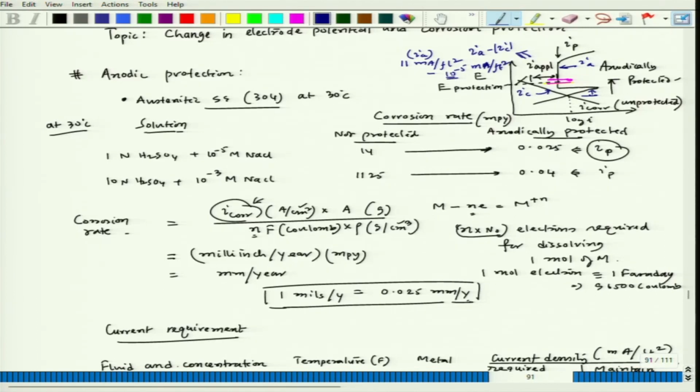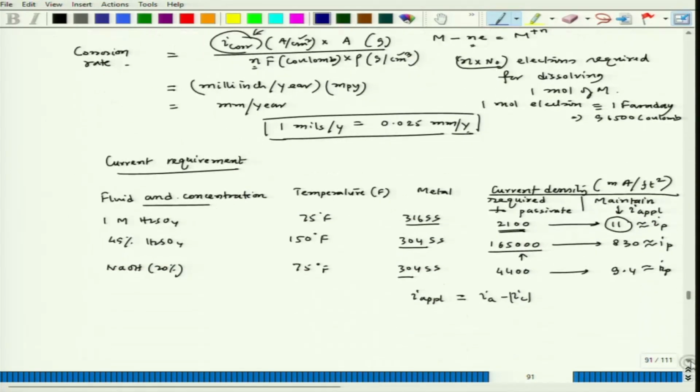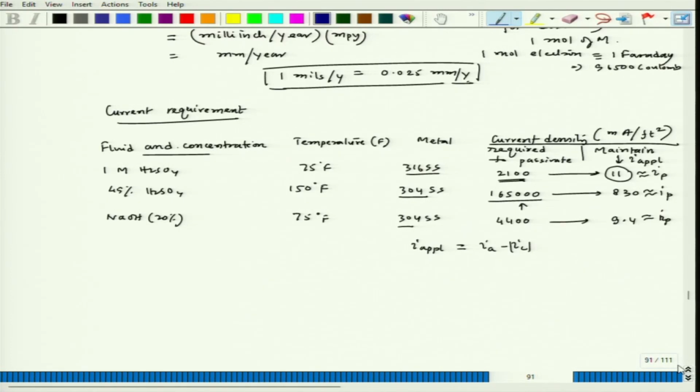So, this value would not influence the difference, okay, but the difference would be this particular current density, which is IC, could be insignificant compared to IA. So, that is what I applied is actually equal to IP. That is what I was trying to indicate. So, this is about anodic polarization, some of the characteristics, and also its very direct measurement of corrosion rate, okay,